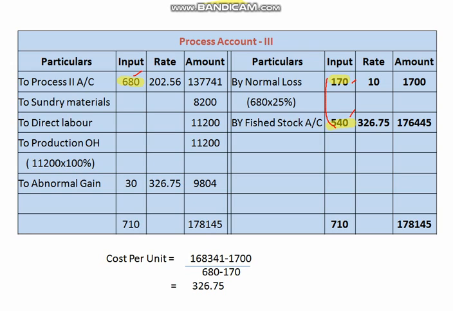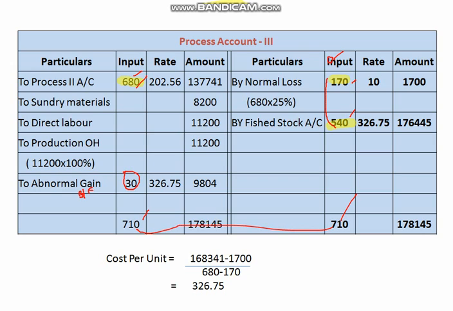Only 680. So it means in this question output is more, this was the output column, output is more, 710. Take the 710 here, this entire figure here, and 710 minus 680, you will get the balancing figure. How much? 30. That is the balancing figure of which one? Not amount, only the unit column. Unit column is the balancing figure. I said that debit side difference means abnormal gain, credit side difference means abnormal loss. 30 is the unit, right? So you make the difference, 30 comes.